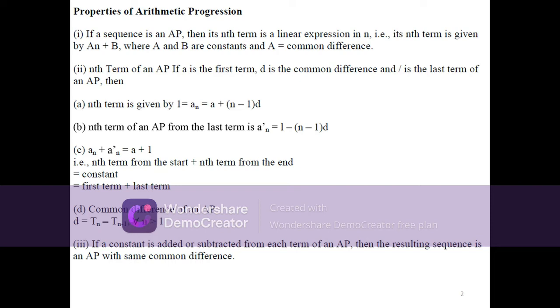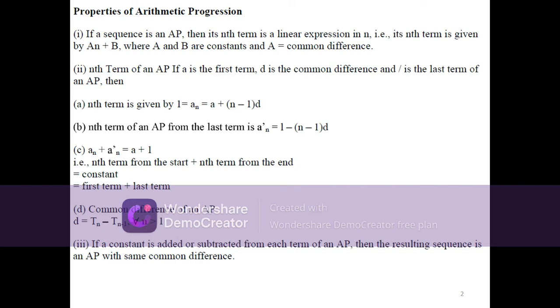Anyway, as we go on, I'll make myself clear. So the nth term of an arithmetic progression, if a is the first term and d is the common difference, and an is the last term of the arithmetic progression, the nth term is given by